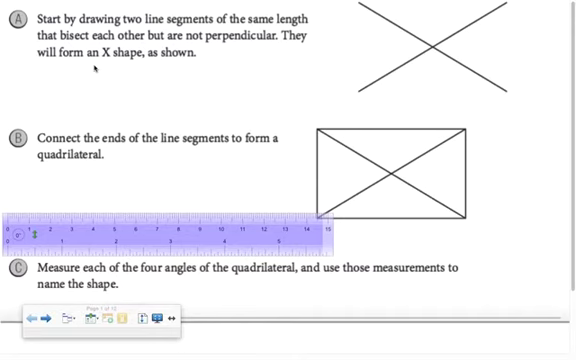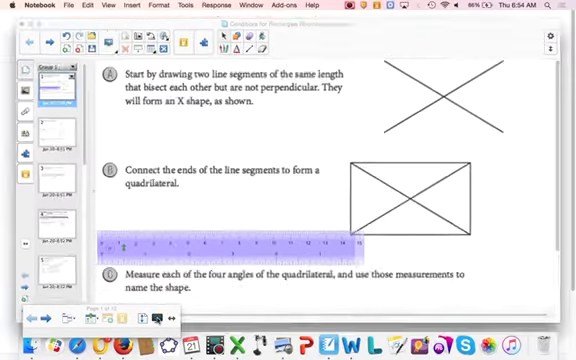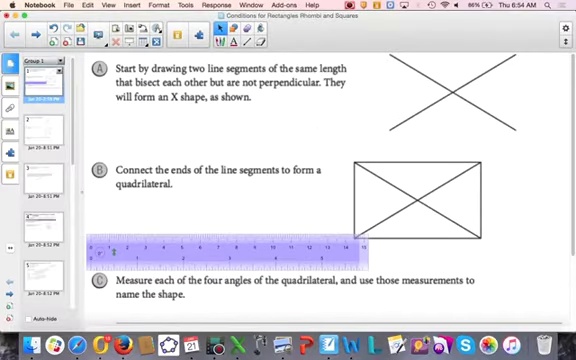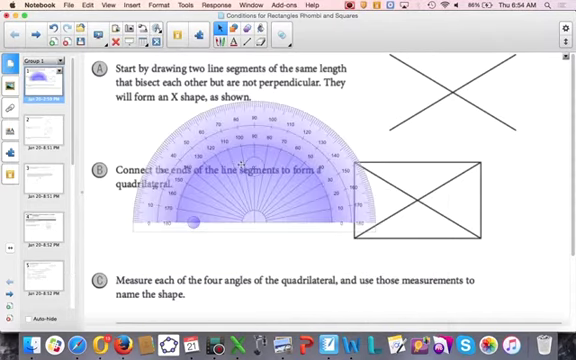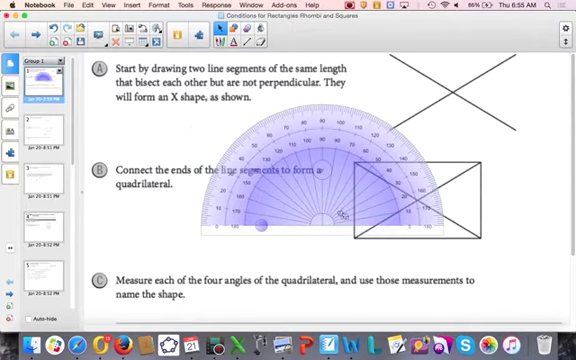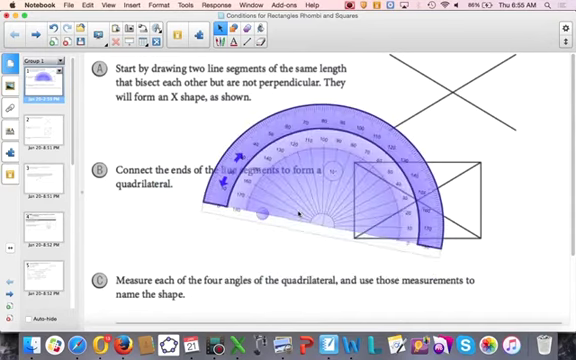And then it says measure each of the four angles of the quadrilateral and use those measurements to name the shape. So I pulled up my ruler, but I actually don't need this. I need a protractor. And if I take my protractor